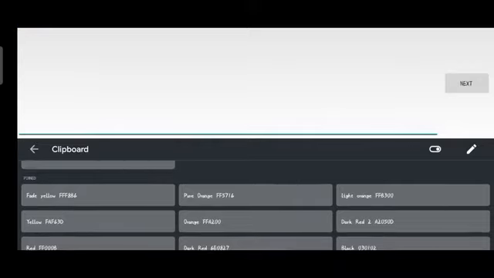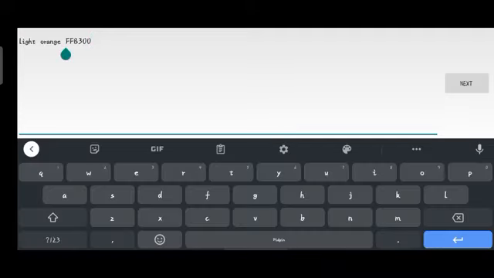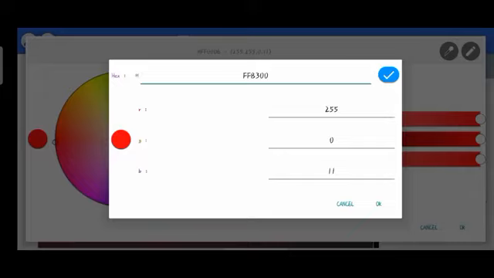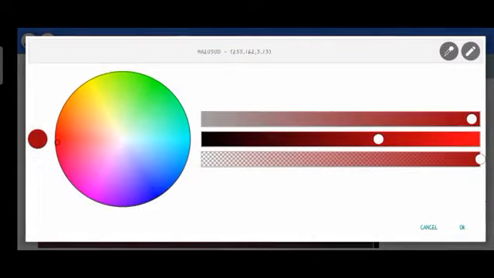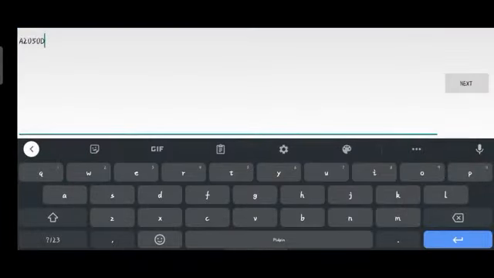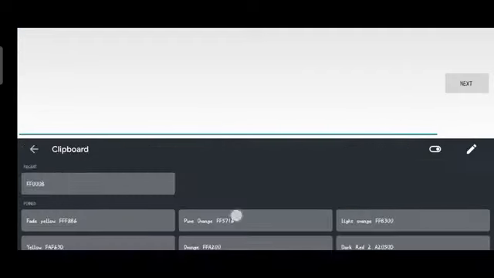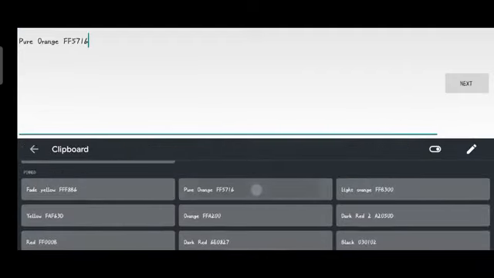So we have that of the light orange first, and then we'll delete the light orange text, and then click OK and OK and OK. The bright one is always the initial color you paste, and then this other one is the one that has a pure orange. So I'll tap on it now, and then the color code and the pen lookalike tool, and then delete this, and then paste this one that says pure orange,